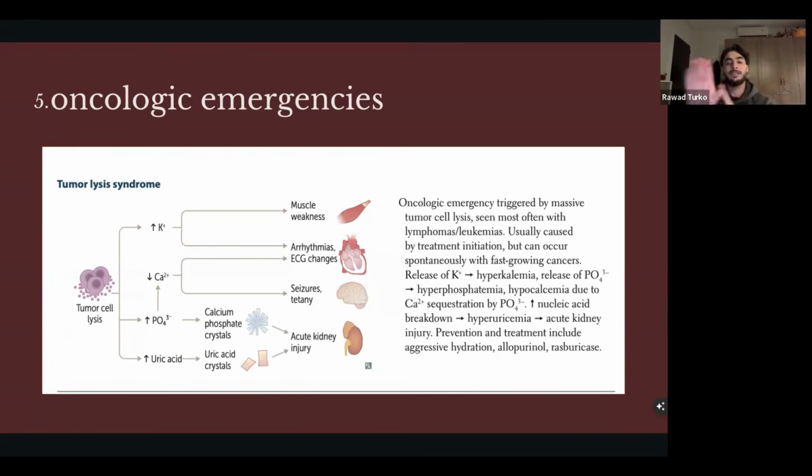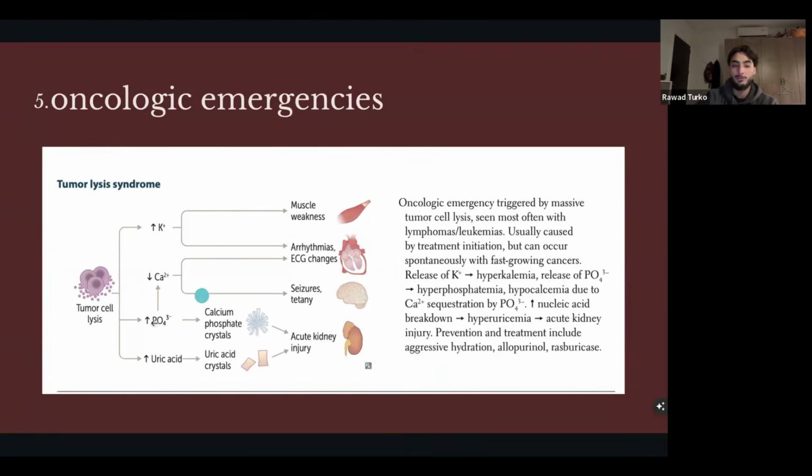And then the symptoms and the complications that you would get are all secondary to these electrolyte abnormalities. So the hyperkalemia is mostly going to cause arrhythmias and ECG changes. Okay, it could cause muscle weakness, but that's not as specific as the ECG changes. The low calcium is going to cause seizures and tetany, and also the ECG is going to contribute to the